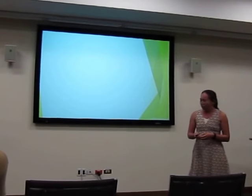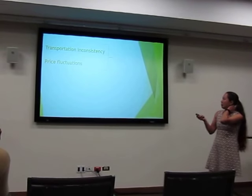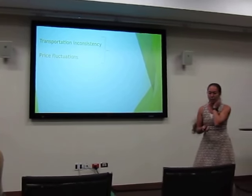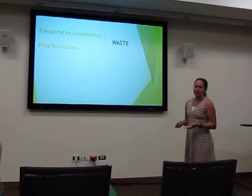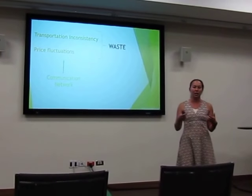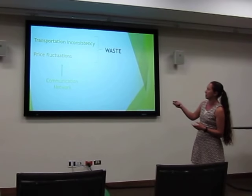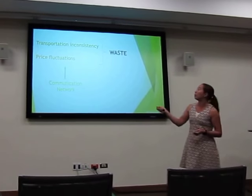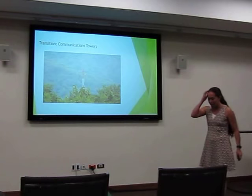Let me restate that. When you have both this transportation inconsistency and price fluctuations without a lot of information being transferred around the system, you get a lot of waste. And what I'm interested in this situation is how the communication network of the market can function both to create inconsistencies and price fluctuations, or maybe how a communication network could help address these situations. When I talk about communication networks,